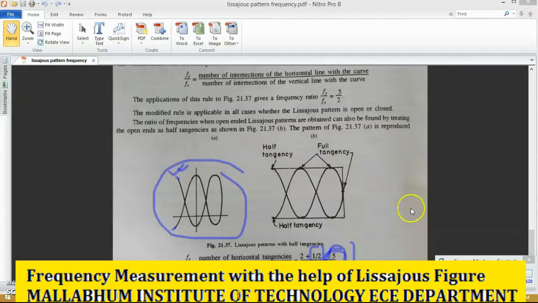Okay, so this is a very useful thing and all of you must practice in your laboratory by just pressing the XY button and giving the 2 waveforms to the 2 plates of the CRO. You can easily get the figure and you can easily get the phase and frequency of the CRO with the help of this very beautiful Lissajous pattern. Thank you.